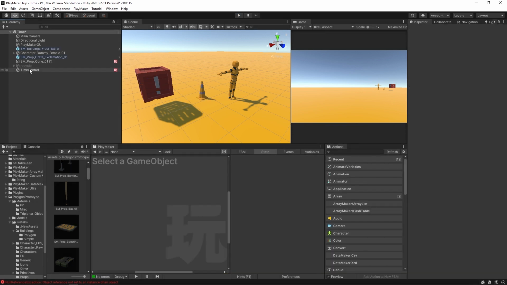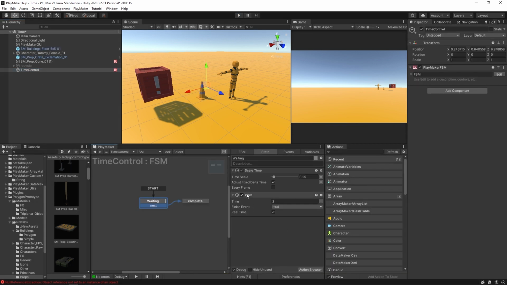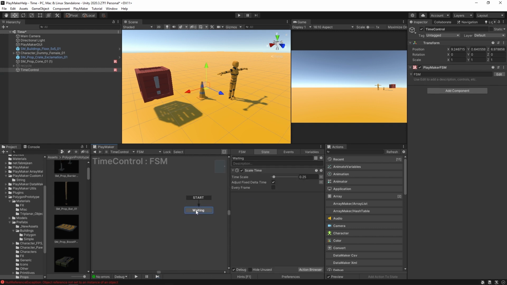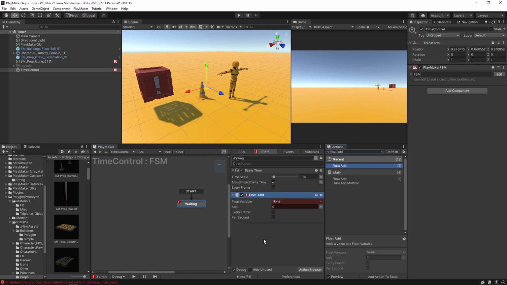The next thing I want to show you, we'll go back to this time control. I'm going to get rid of this wait and this, so it doesn't bug us. Now I'm going to put in a float add. We're going to be making a new variable called my float, and we'll say that we're adding 1 every frame. Now if I press play,